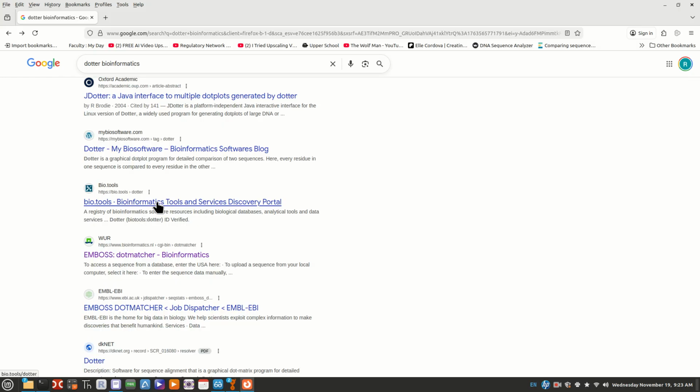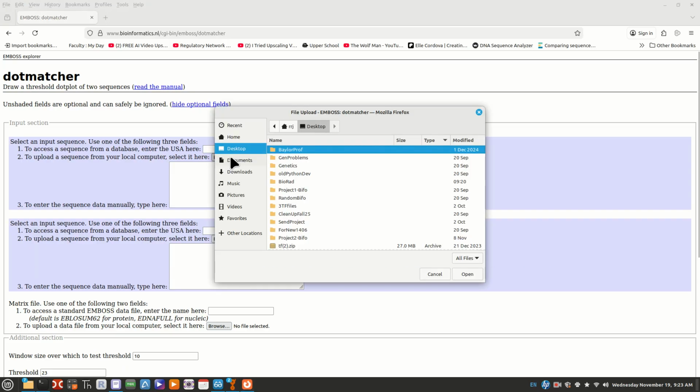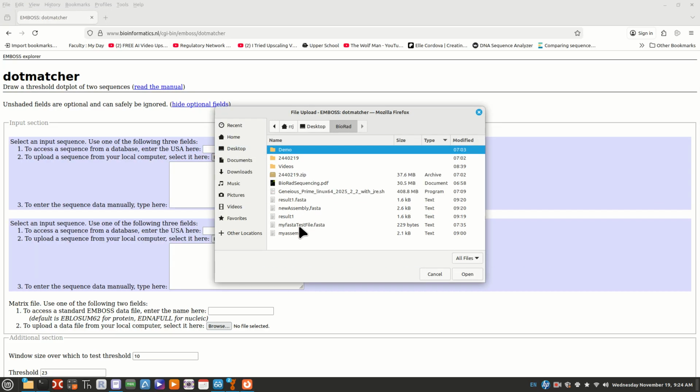Tools. Oh, I can do this one. Dot matcher. Okay. So I want to put in my FASTA files. I could paste them in here, but I will browse, and I'll go to desktop, Biorad, and put in my FASTA files. Let's see, result1,